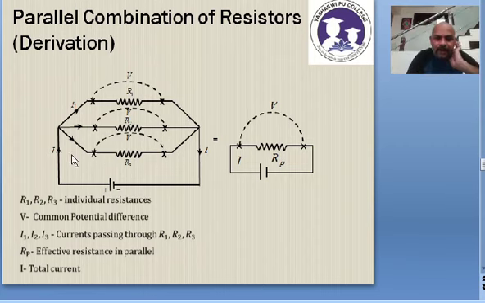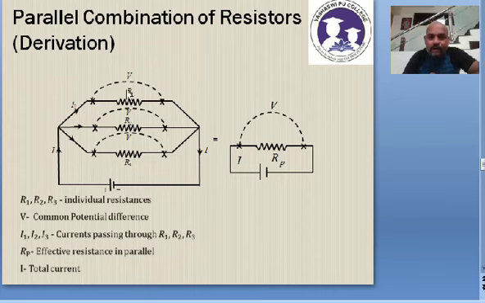See that the main current comes here, I is the main current coming. Out of this main current, the current going through R1 is say I1. Similarly, the current going through R2 is I2. And similarly, the current going through R3 is I3, I1, I2 and I3. So that means here the current gets divided. You just try to remember comparing the series and parallel. In series combination, the potential drop was varying, here the current is varying. In series combination, the current was same, here the potential difference is same.